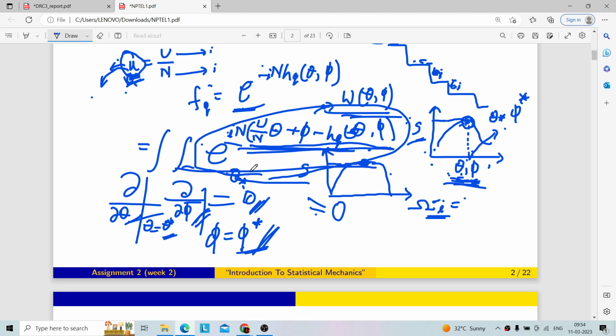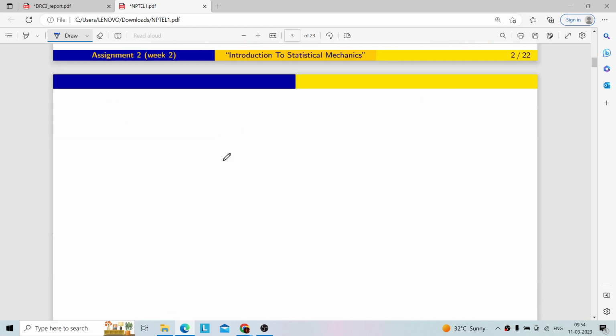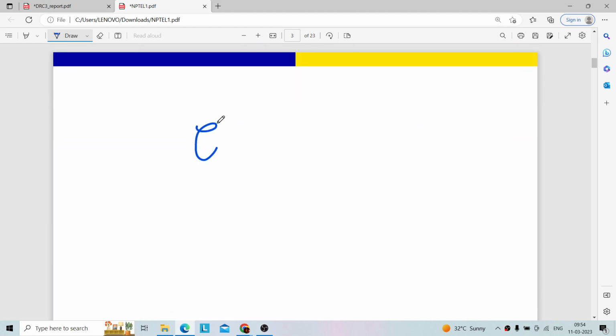If we do the derivative of this e to the function, then what we will get? We'll get some e function, then we have to apply chain rule and take the derivative of this term. I'm not wasting more time. I'm simply doing the derivative of this exponential term. So what we have in the exponential,